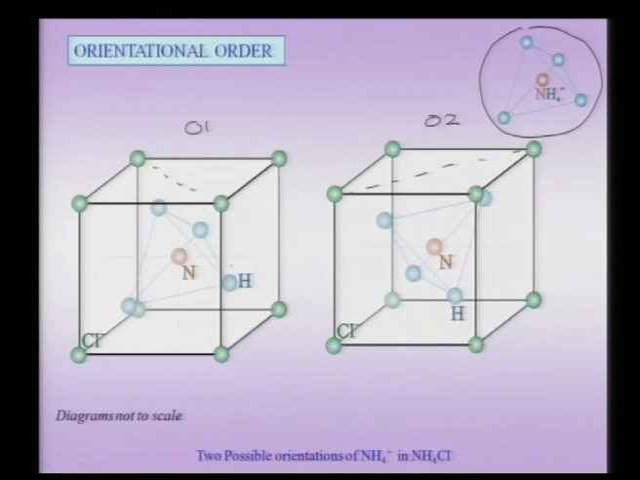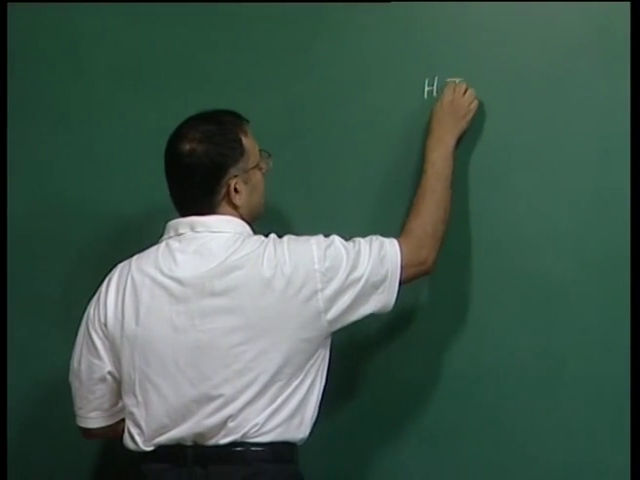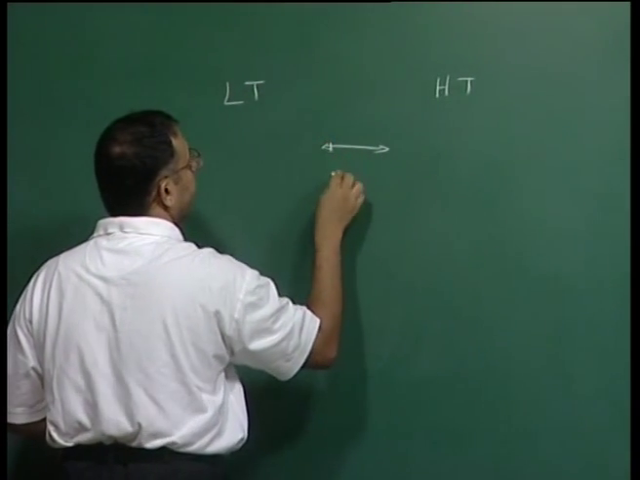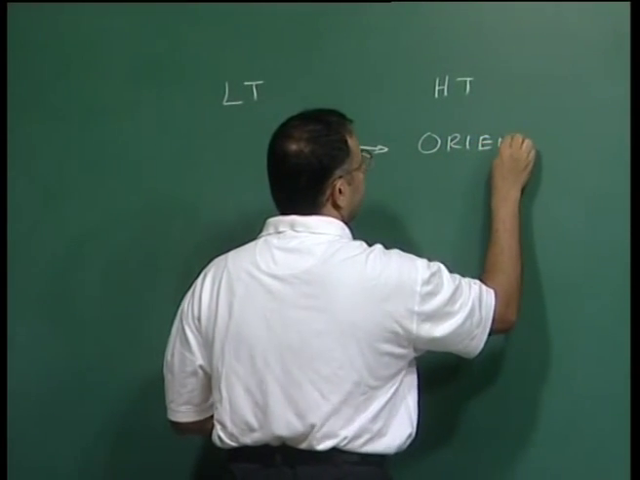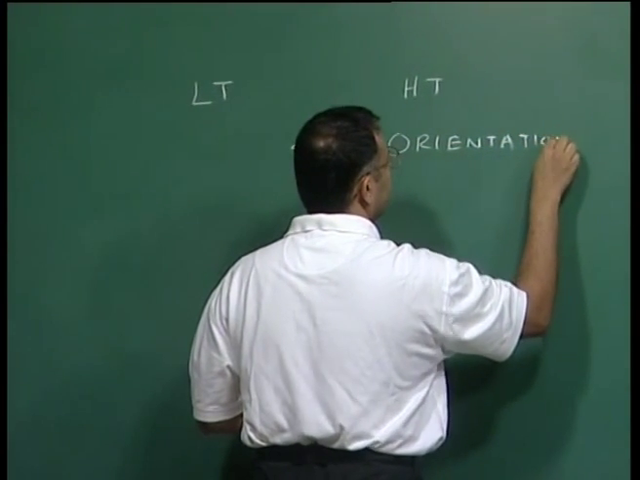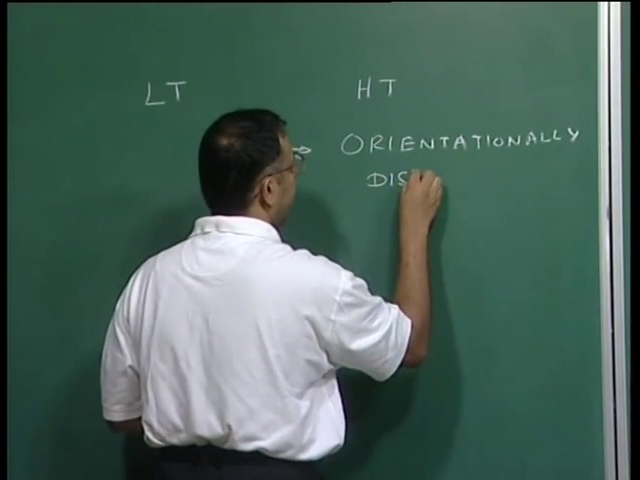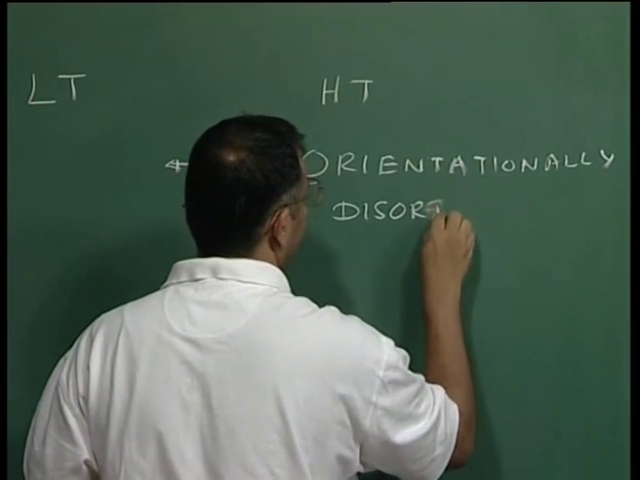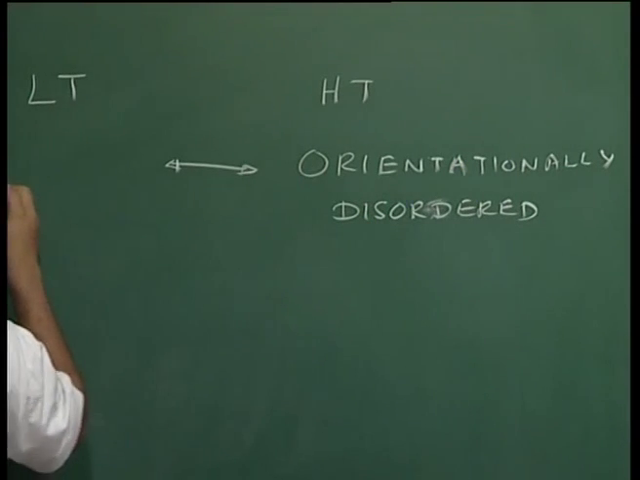So, I could have this phase transition wherein I have typically, for instance, so let me go to the board and write it down. So, I have a high temperature structure and a low temperature structure. And could have a low temperature structure which is